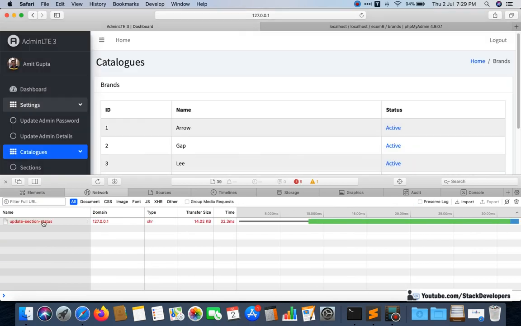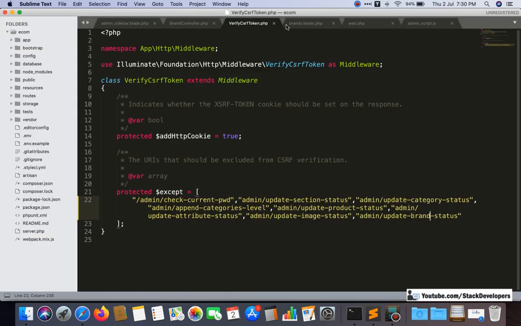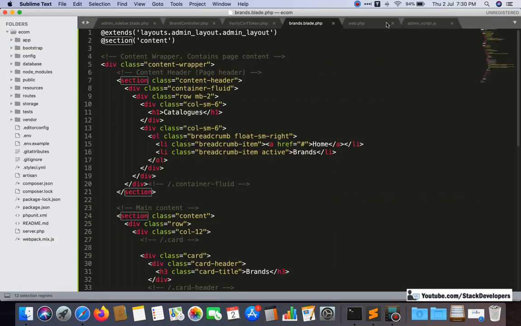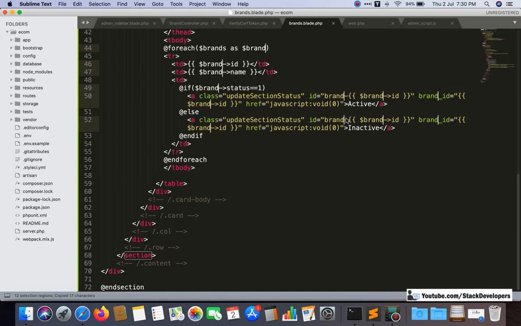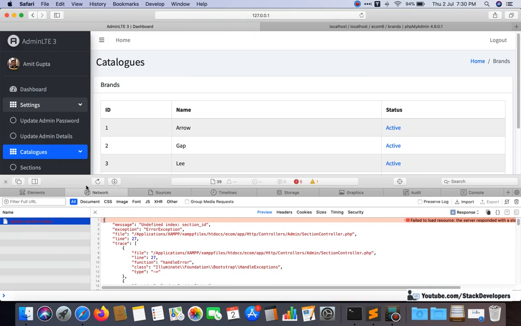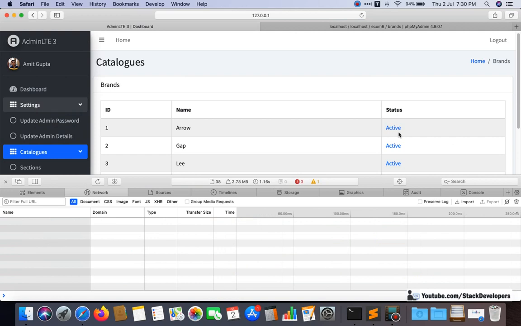Debugging is the main thing. You need to know update section status. Still there is something pending. Update brand status is fine, and for brands, see, here it is pending, update brand status. Now it will work fine, I think. Now refresh once again and we are going to check.